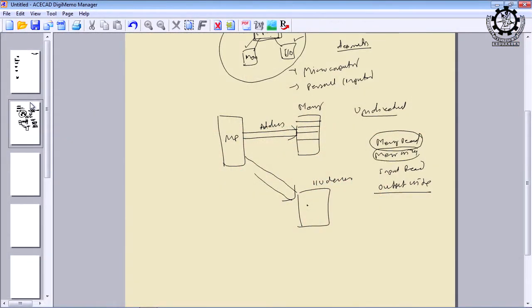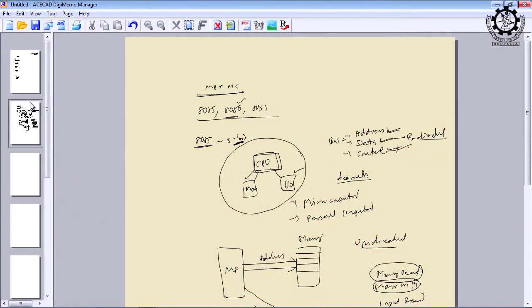So these particular signals are called the control signals. Along with this, some other control signals are also there, but these four control signals are most frequently used in a microcomputer system. Is it okay? So, memory read, memory write, IO read and output write will have separate lines for sending these signals, and this set of signals constitutes what we call the control bus. Now you can say whether these are unidirectional or bidirectional.